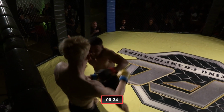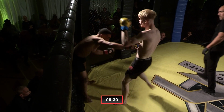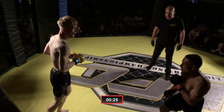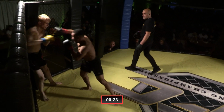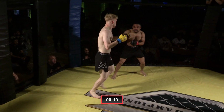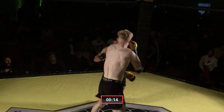And a strong right hand from Ethan in reply as Marshall fires left and rights once more, drives the knee and then the right hand in. Ethan stays in the pocket with his opponent. Marshall firing away these shots. Ethan looks for the high head kick, looks for his own right hand, has to take the left again and